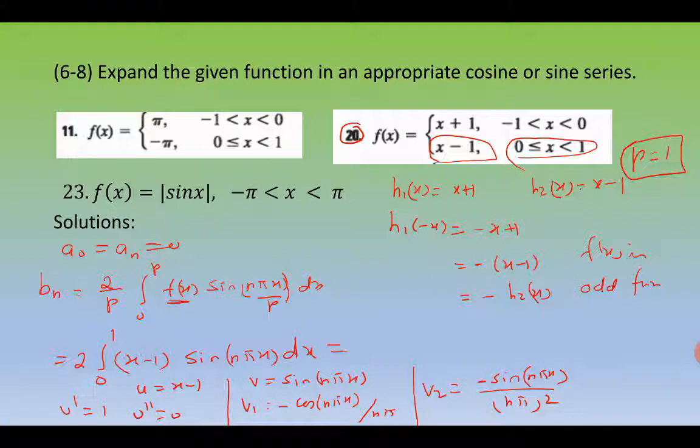So when you substitute all the elements here, you get 2 outside, minus x minus 1 cosine n pi x over n pi plus sine n pi x over n pi whole square from 0 to 1,